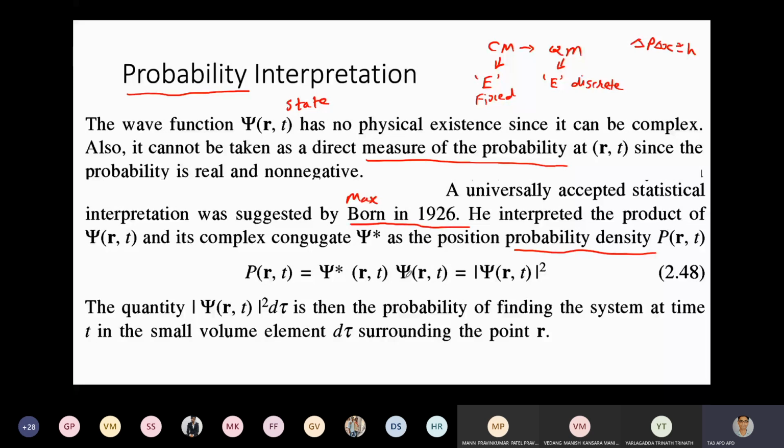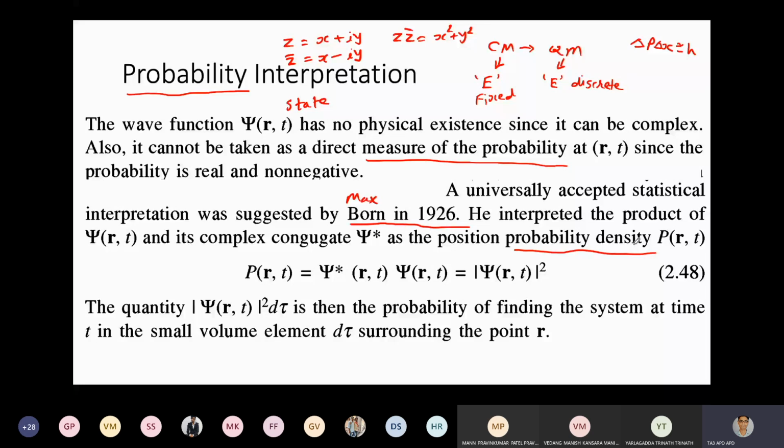So if you have studied mathematics, like if you have z equal to x plus iy, one particular complex number, then the complex conjugate, represented by z bar, is equal to x minus iy. You simply take the product of these two, z into z bar is equal to x squared plus y squared. Instead of a bar, it is represented by a star over here, psi star. So psi star into psi is nothing but the modulus squared of psi, and this represents the probability density.